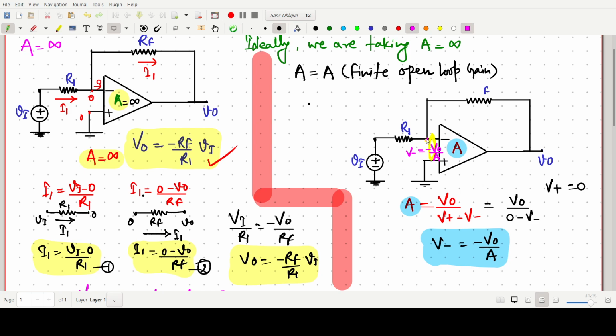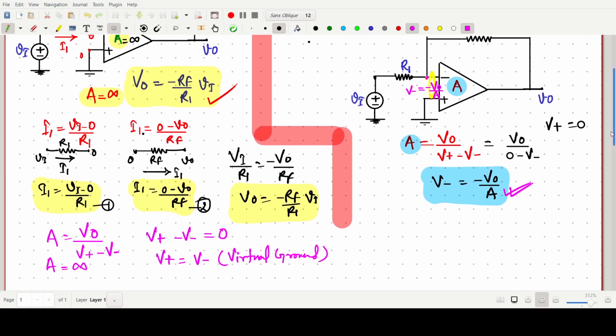So for the finite open loop gain, this potential will be minus V naught by A, because this one is grounded, so this potential will be simply minus V naught by A. So now what we have to do,